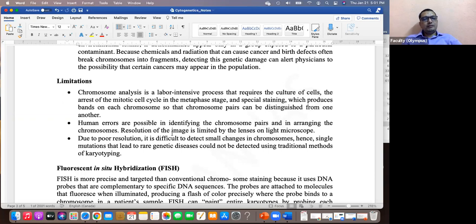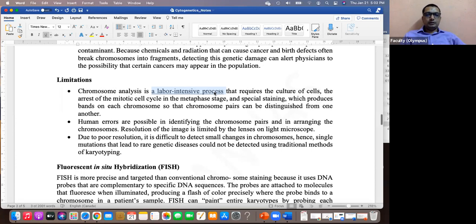So are there any limitations of karyotyping? It must be clear from the method that we discussed. Karyotyping is a labor intensive, laborious process, with a lot of steps and a lot of work, and proper skill and training are required. In all the steps that we talked about, treating the cells, multiplying them, adding chemicals, causing rupture of the cell, staining, it takes a couple of days at least. So laborious is one limitation.